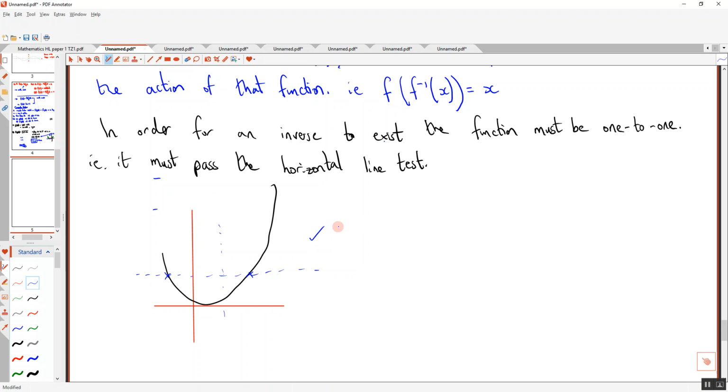So if you do me a little sketch of that, just draw a quadratic, and we'll put y equals f of x. We'll put f of x is a function because it passes